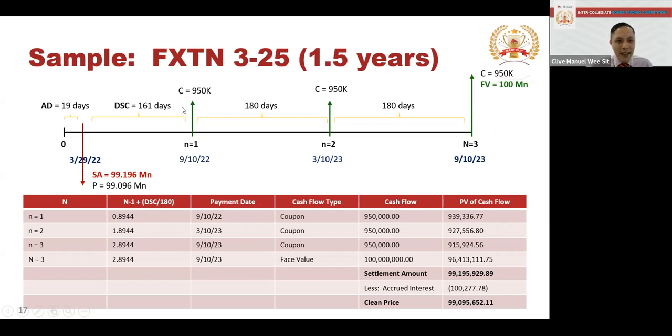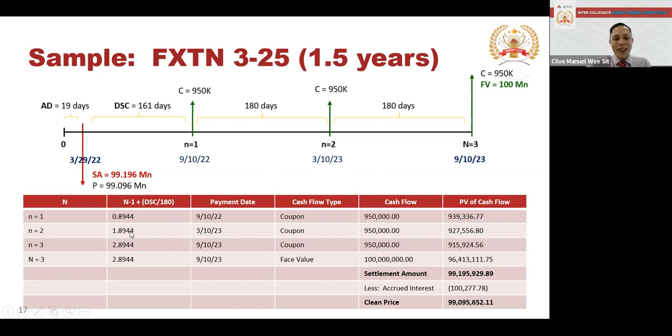161, because there are 161 days until the next coupon date. Hence, it's 0.8944. And when you take the present value of this first cash flow, using the yield to maturity of 3.175, your 950,000 cash flow, the present value is 939,336.77. And you repeat the same process for the remaining two other cash flows, which is this cash flow, which is